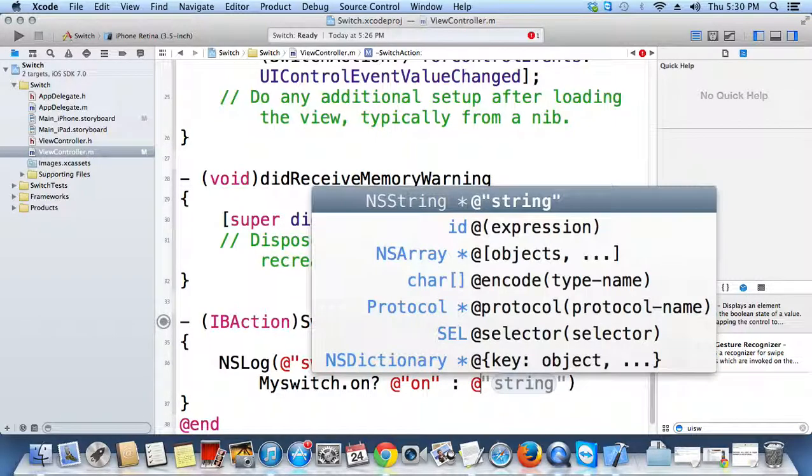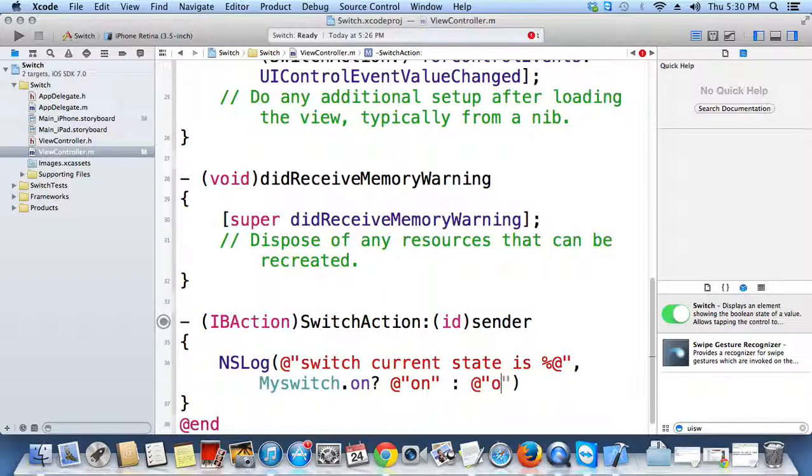Depending upon whether the switch is on, it will give on, otherwise it will give off. Like that it's going to give the output.